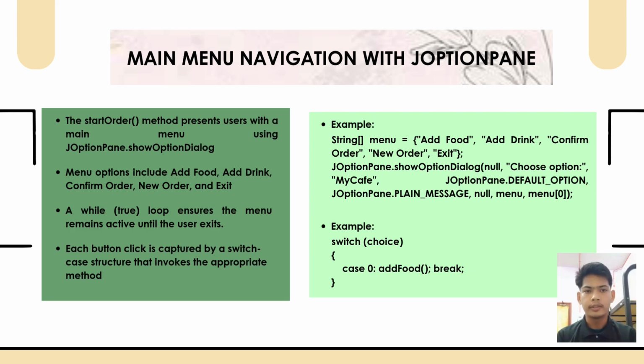The startOrder method shows the main menu using JOptionPane showOptionDialog. Options include add food, add drink, confirm order, new order and exit button. It runs inside a while loop so the menu stays open until the user chooses to exit. Each choice is handled using a switch case, which calls the right method based on what the user clicks on